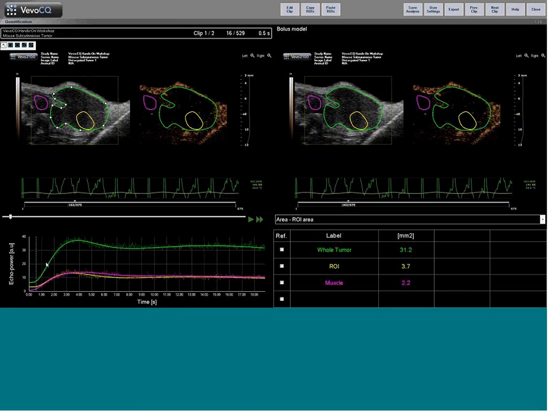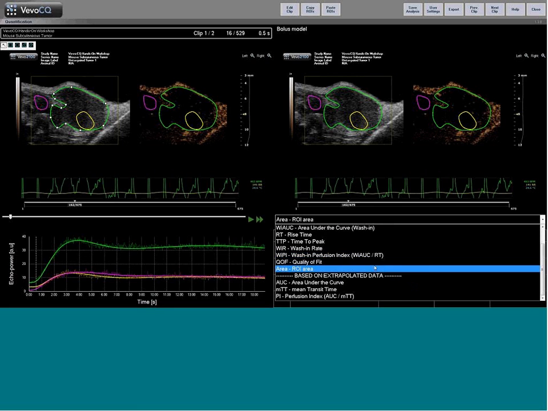We'll leave these regions of interest alone. I wanted to point out down here in the lower left, we have the curves. These are the curves that the system has plotted out for what it sees as perfusion in these regions of interest. Again, color-coded, so you can see total tumor in green, and then purple and yellow for the other areas. If we come over here to the right side of the screen, we can see a table here,